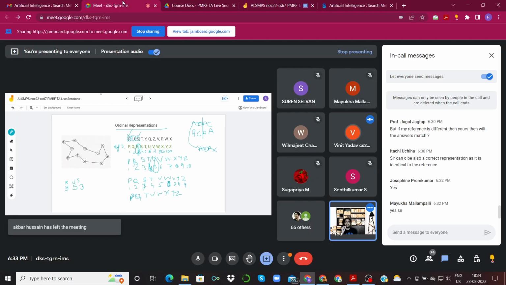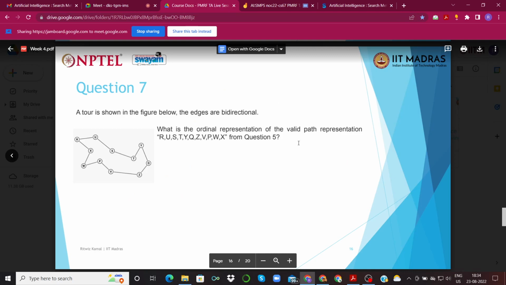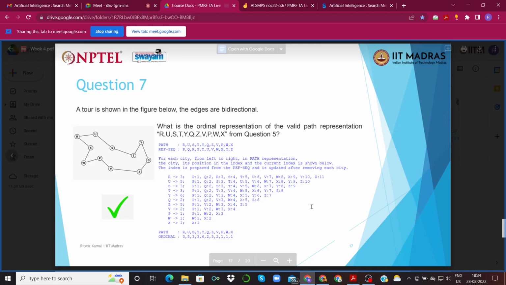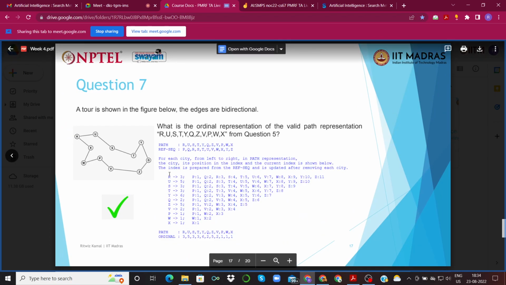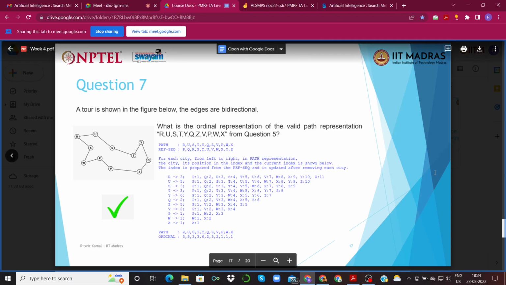Okay, so does everyone agree? Okay, we already have an answer. That's great. 3533625211. Great. I would also encourage you to try to do it yourself and verify the answer. And if there's any issue, just let me know. This is a step-by-step explanation which I've given in this slide itself, so you can consult it later and verify whether the answer that you've got is correct or not.